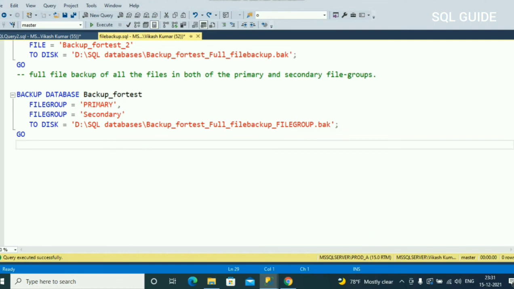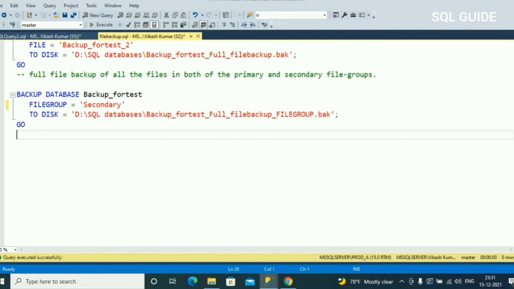Okay, now I don't want to take a primary file group backup because it is 1 TB and 2 TB in size. So I want to take only the secondary file group backup. It's only 100 GB and 200 GB, so it could be faster. So I am going to exclude the primary file group here. Now I am going to take only the secondary file group backup.